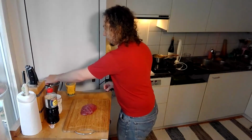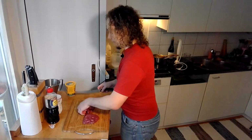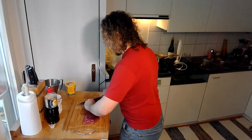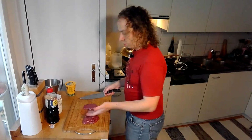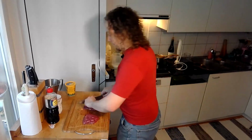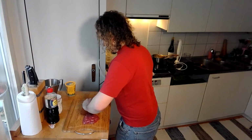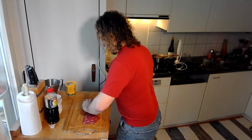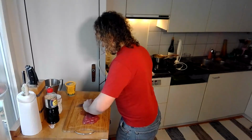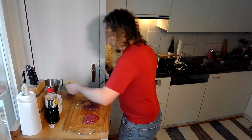Okay, for the beef, just want to cut it in very, very thin strips, as thin as possible, basically, because we want it to grill very quickly later. So I just put my meat and you try to slice it as thinly as you can. I'm afraid there's not a lot of great tips here outside of having a sharp knife. Like my knife is sharp, so I have no problem making strips that are